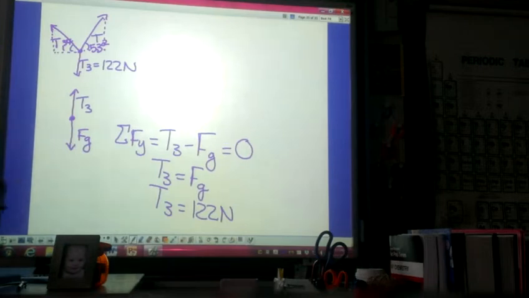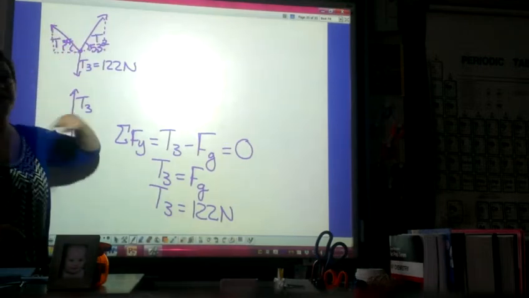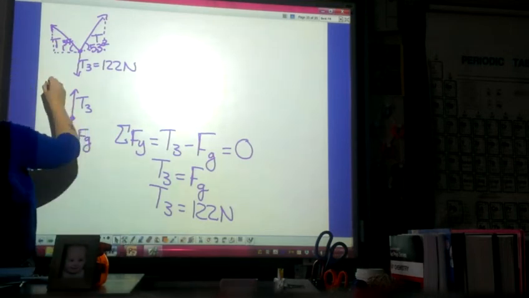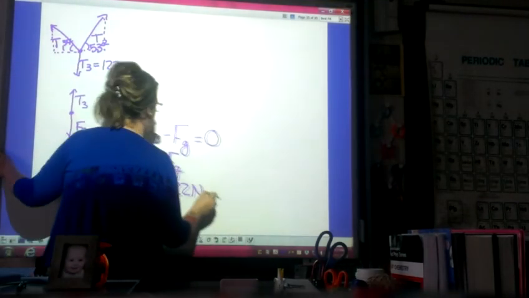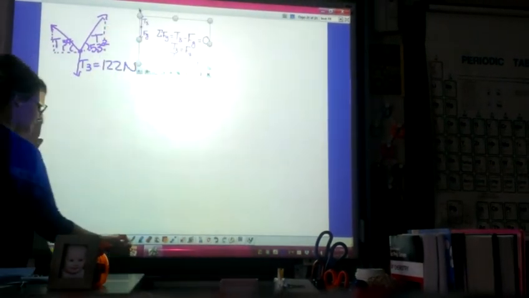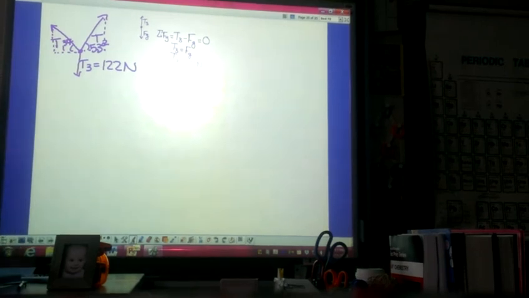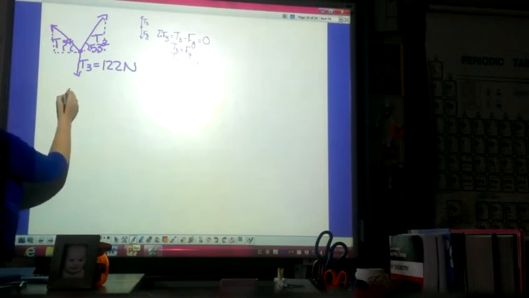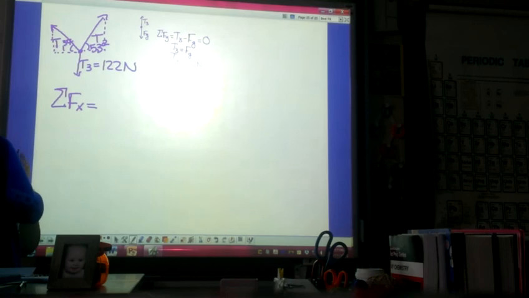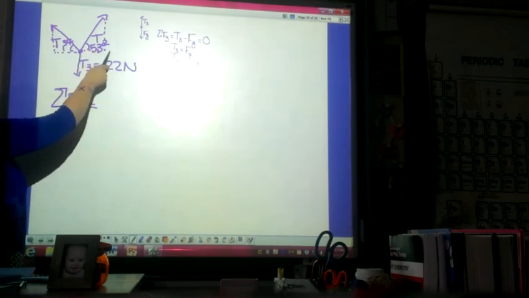Okay, but now I need to figure out what's T1 and what's T2. Okay, so let's do some of the forces in the x direction, some of the forces in the y direction. Let's see what that gets us. So the sum of the forces in the x direction would be T2 cosine 53